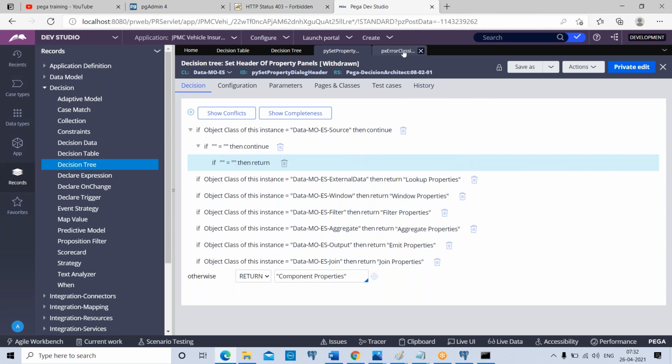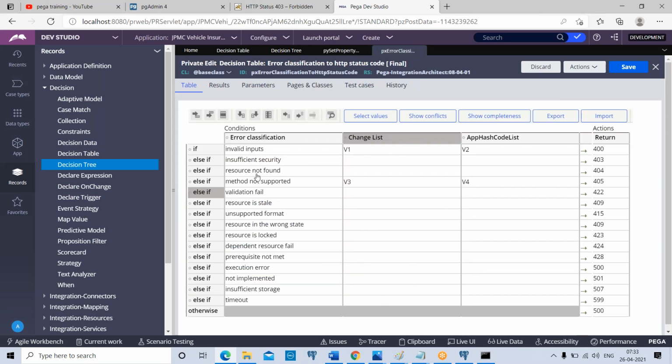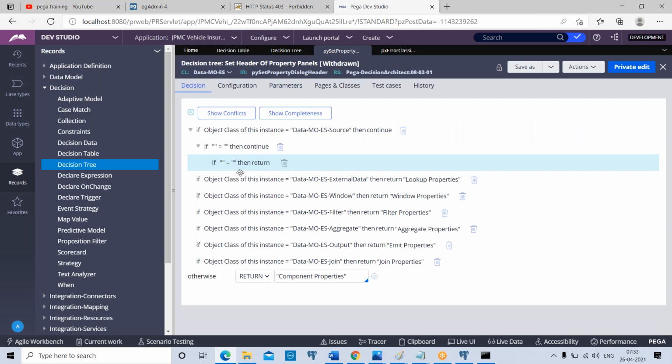Okay, now using a decision table or decision tree, both of the rules, we are going to evaluate conditions. Based on the condition satisfied, both of the rules are going to return the result. When none of the conditions are satisfied, both of the rules are going to return the value at otherwise. And in decision table, we can have the values evaluated, and we can have more than one column, and multiple properties can be used to evaluate conditions. And between the columns, the logical operator is AND. And in decision tree, we can go ahead and add multiple if conditions like nested if statements.